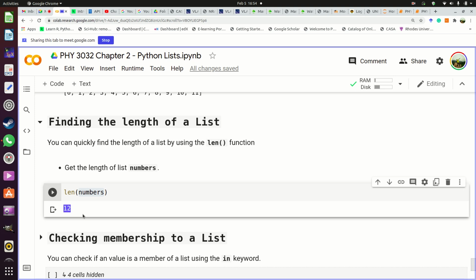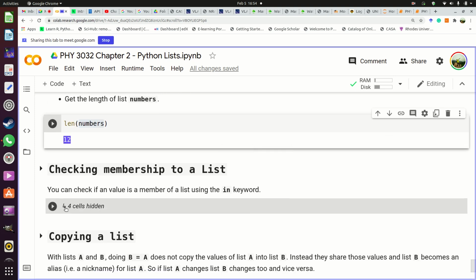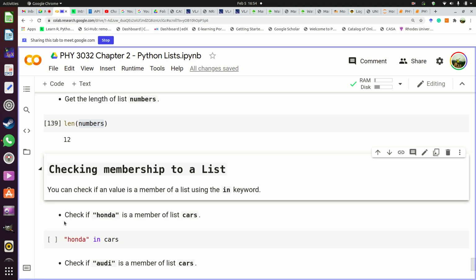So that's how you check for the length. The other thing you can check for is, especially when you're doing big data, you can have very big lists. So it might not be possible for you to actually check whether the item you're looking for is in that list. So Python gives you a way to check for membership to a list using a keyword, in,